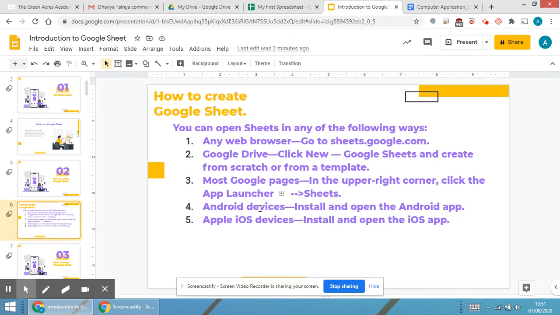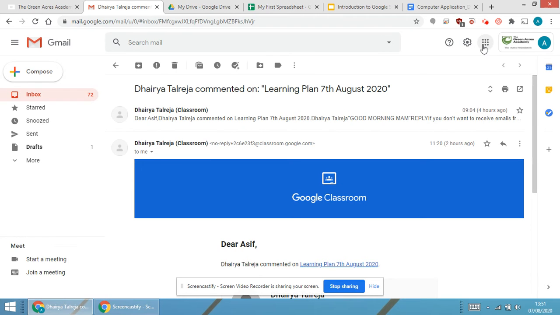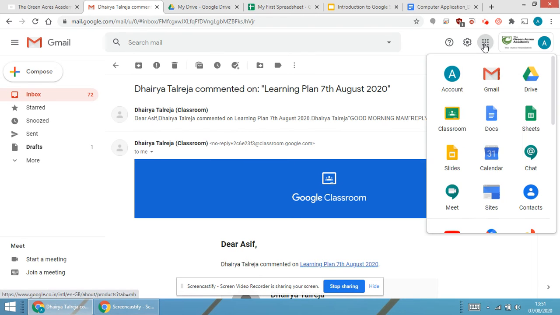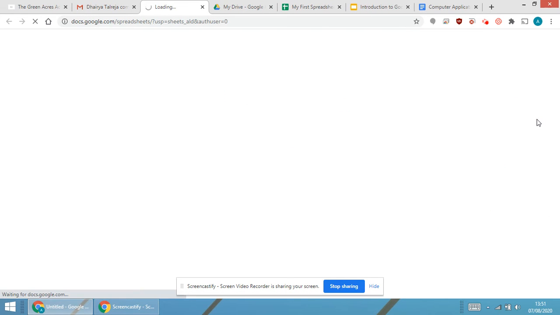Back to the presentation, the most popular page: in the upper right corner, click the app icon of 9 dots called Google Apps. Over there, you will be able to see Sheets. So I'm coming to the mail. On the extreme right hand side, you will be able to see 9 dots, and you will be able to see Sheets. When I click on Sheets, a new sheet will open and I need to give a name to